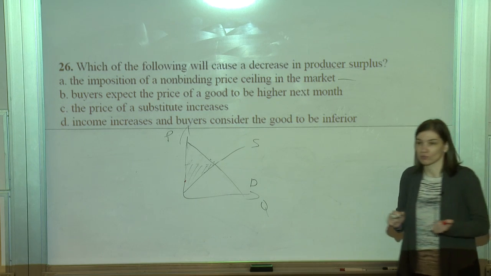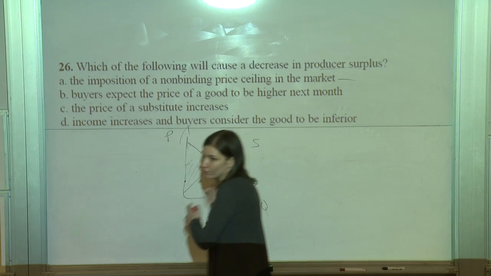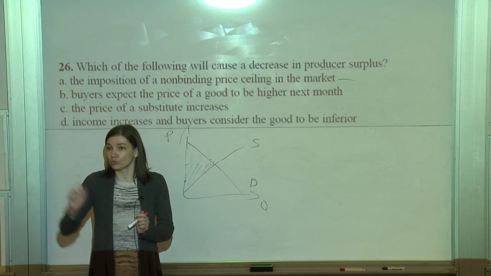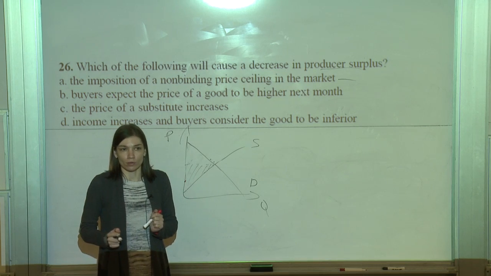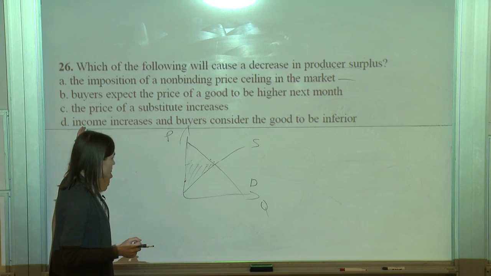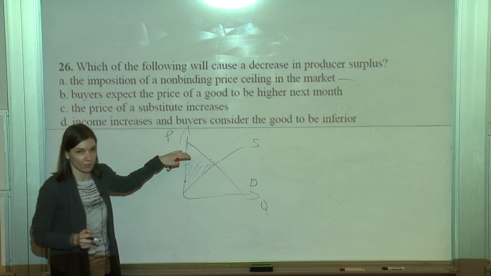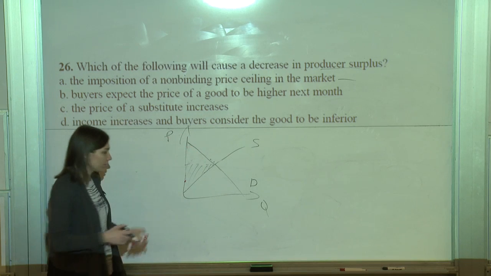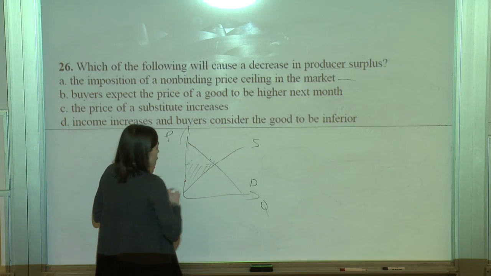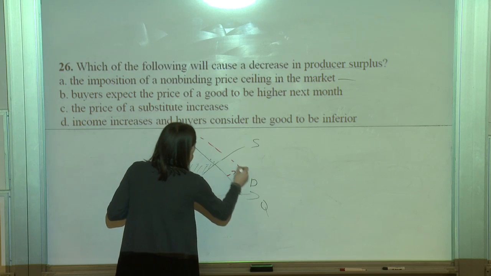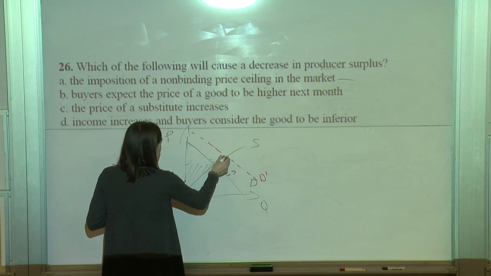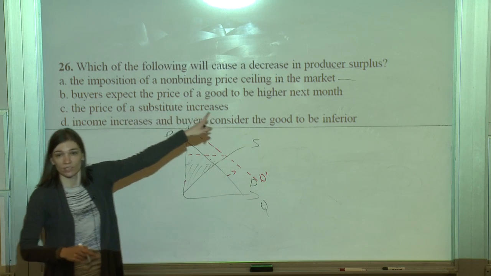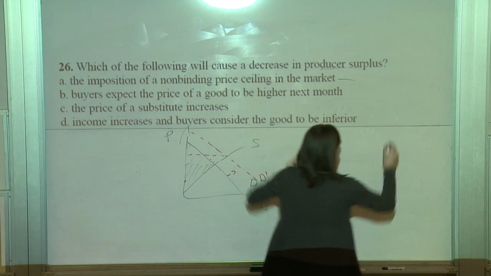All right, so think about this logically. What happens here? This is today, right? Buyers expect the price to go up. So what should they do today? Buy more. Okay, and what is the effect in terms of the picture? Increase in demand, shift to the right. Okay, so if they buy more today, then demand moves that way. And what happens to producer surplus? We need something to decrease it, right? That's the question. So that's not it either,